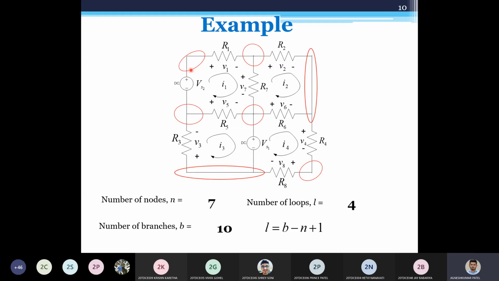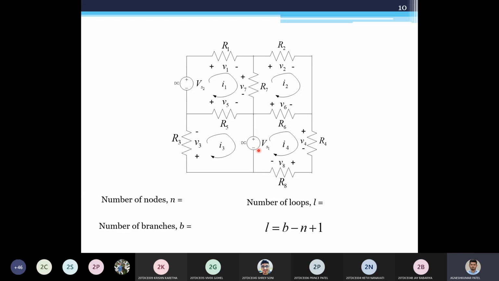Then the second step. Okay, I have identified each mesh. Now what is the second step? The second step is to assume the mesh current. Generally we assume a mesh current in the clockwise direction. Go with this all the time, do not assume anti-clockwise, otherwise it will play with your psychology. So always go with a clockwise current. So I have 4 mesh currents here, I1, I2, I3, and I4, once I identify them for each individual mesh.